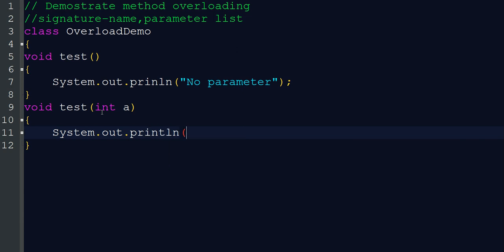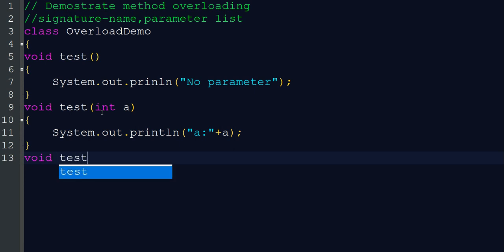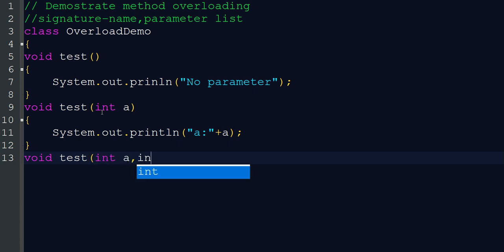Okay, a. Yes, we are just printing the value of a here. Okay, now we are going to declare another method with the same name, void test, with two parameters, int a, comma, int b.